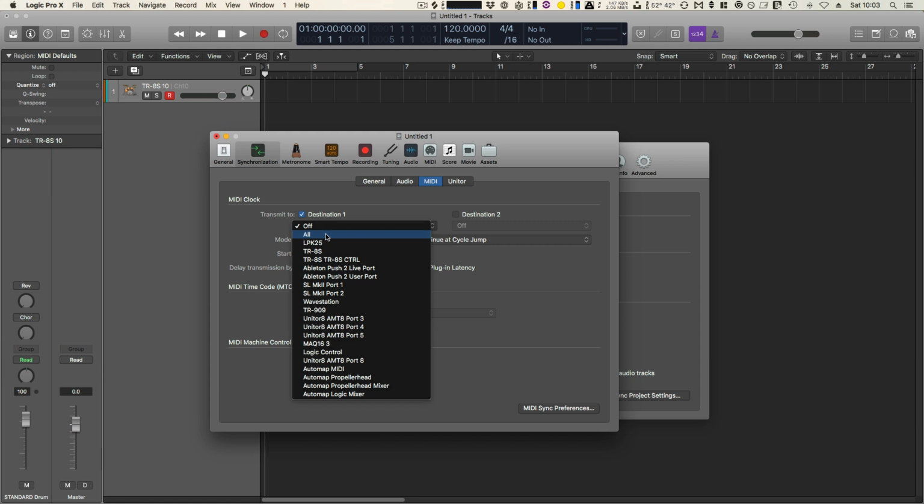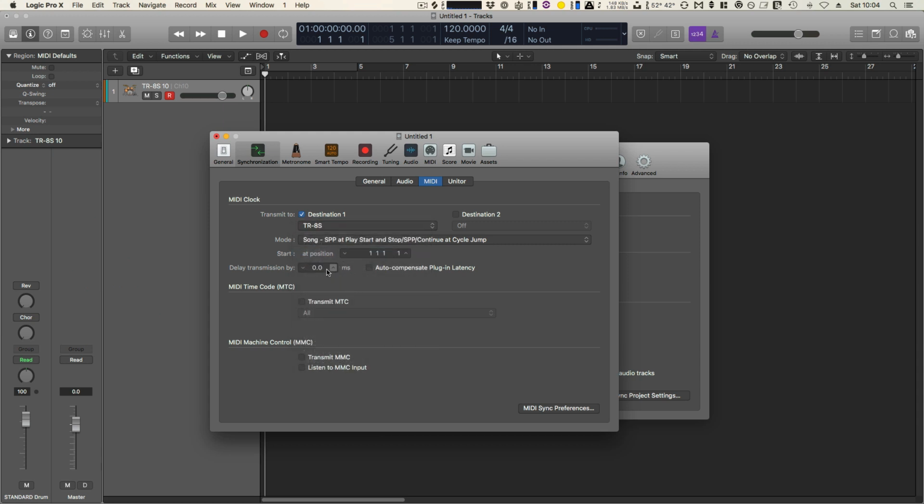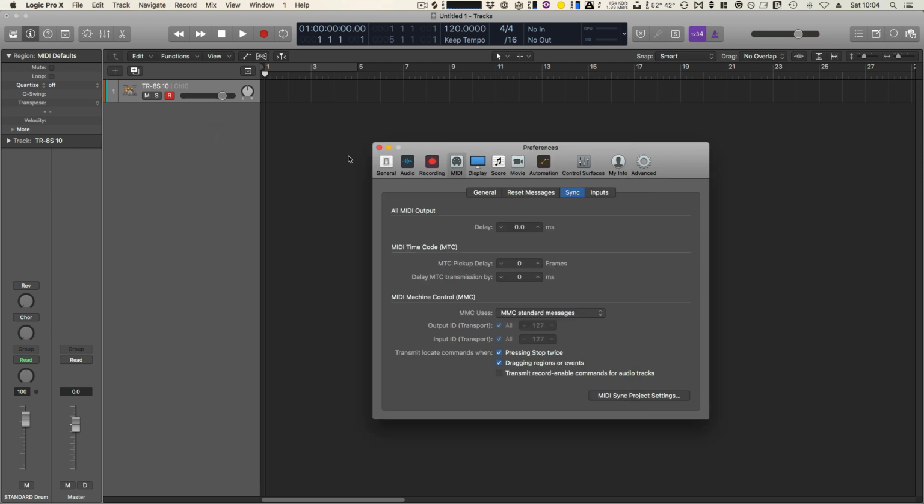The most important settings are the TR-8S itself or the All setting. All will just send MIDI clock out to every device that you have connected via your MIDI interface. But for the sake of this, I'm just going to specifically send the clock to the TR-8S, and I'm going to click on the box for auto compensate plugin latency. Can come out here,